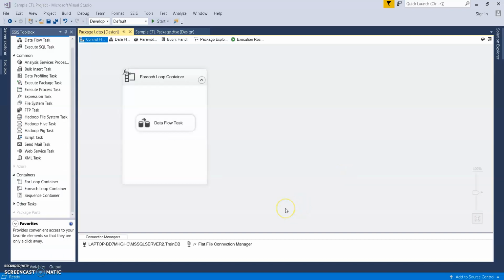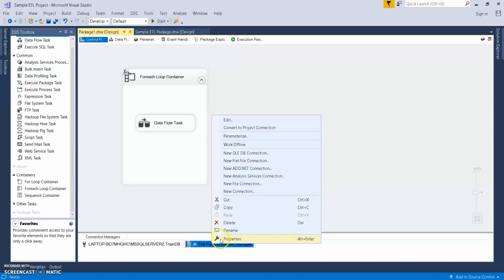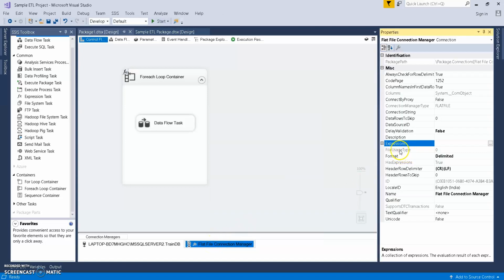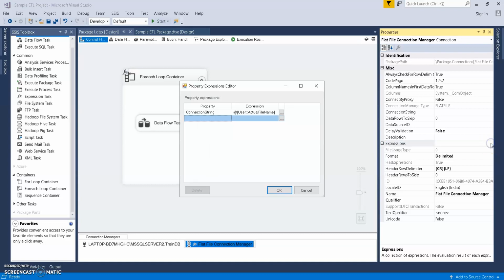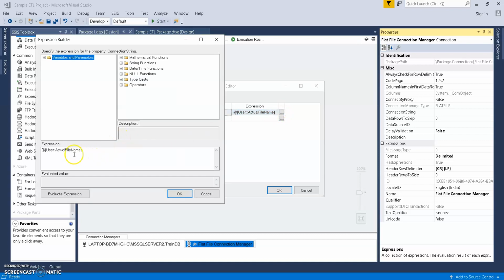The last step we need to do is make the flat file connection manager dynamic. For this, right click on the flat file connection manager and choose properties. In properties, there is an expression, so click on the three dots on the right side. Then we have a property, ConnectionString. In connection string, I choose the actual file name variable.